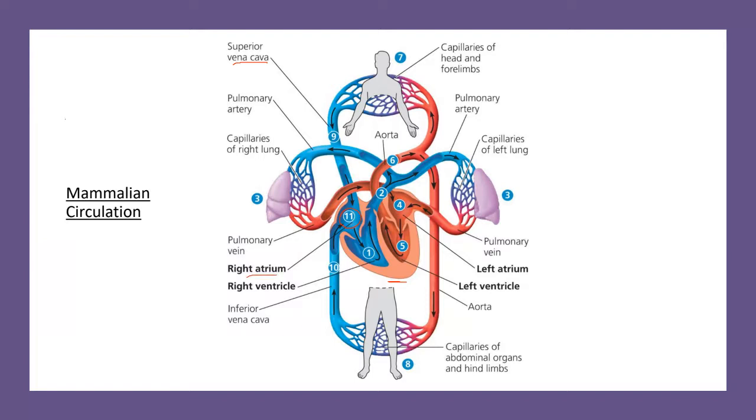Then blood is going to flow from the right atrium to the right ventricle. From there it's going to go to the pulmonary trunk, and then into the pulmonary arteries. Remember, this is the right side of the heart. Oxygen-poor blood travels here,